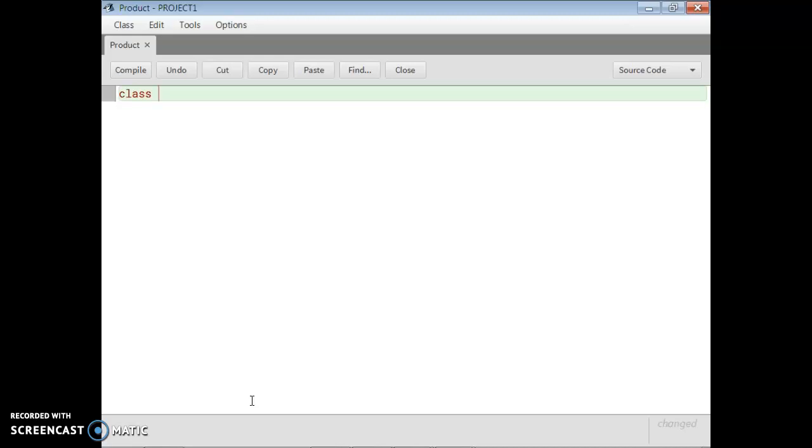Then you write down your class name, whatever you have given. Here my class name is product, you can see. So I have to write my class name only, which is product. And you have to write class in small letter. I have noticed that many of you write C in capital letter. So C is not in capital letter.